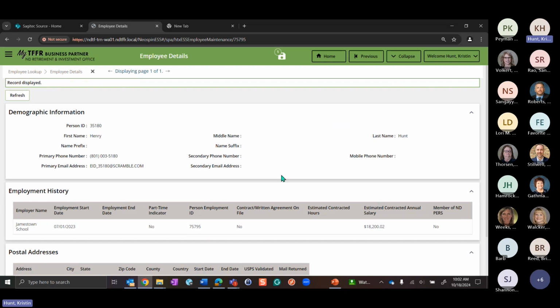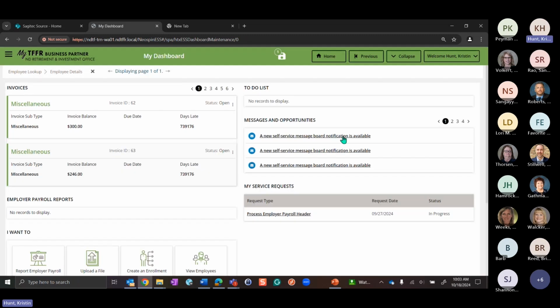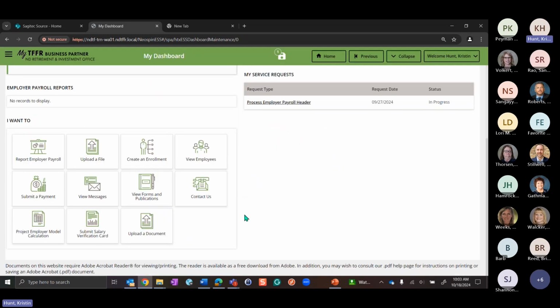I know there's a situation where they're retiring maybe at the end of the year and they put in their end date and they're applying for retirement, and there's a presumptive process where you have to say, yes, this is their estimated salary for the next 4 or 5 months or however it works. If that's the case, there's a couple different ways you can come in and submit that information.